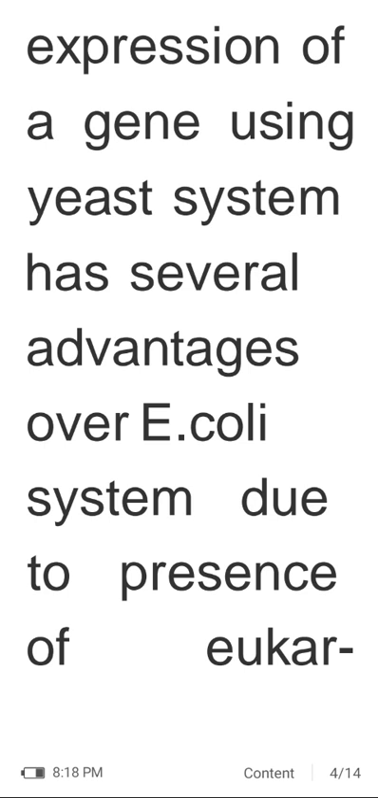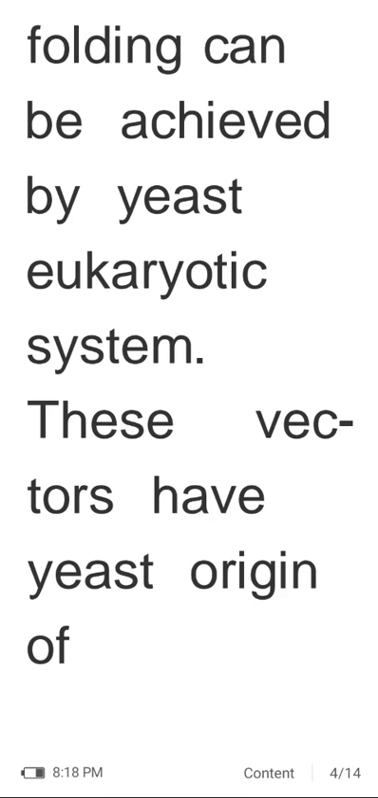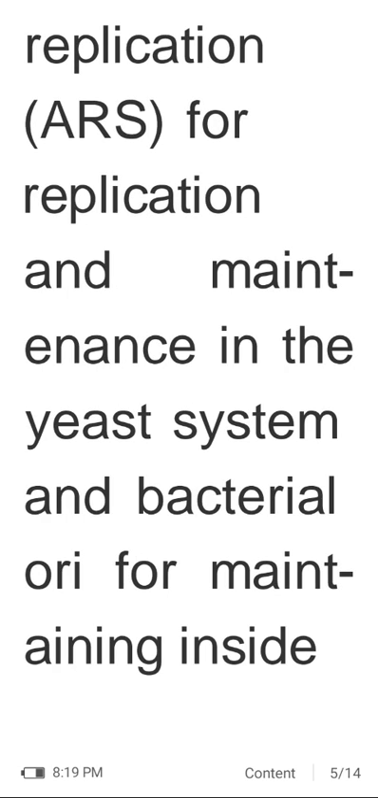yeast system has several advantages over E. coli system due to presence of eukaryotic post-translational modification machinery. Expression of complex proteins with the proper modification and folding can be achieved by the yeast eukaryotic system. These vectors have a yeast origin of replication for replication and maintenance in the yeast system and a bacterial ori for maintaining